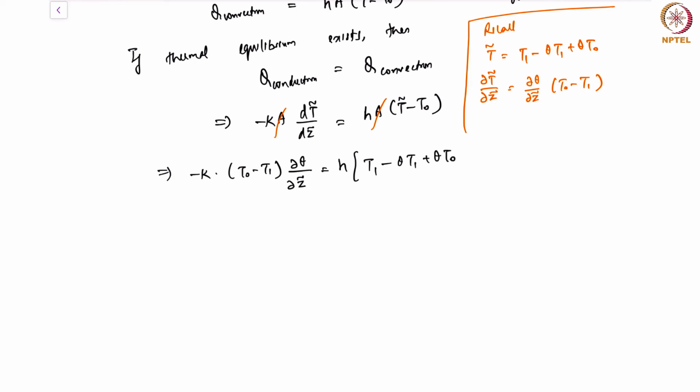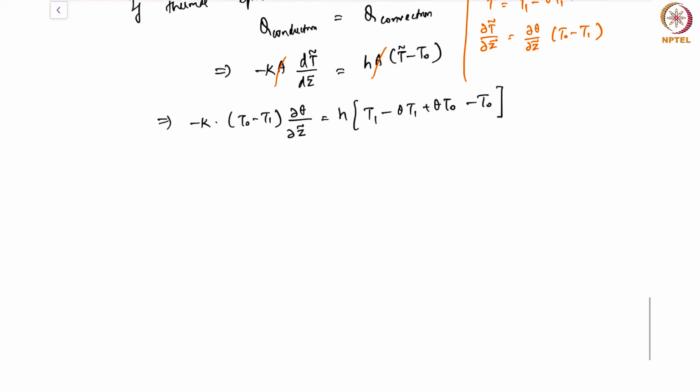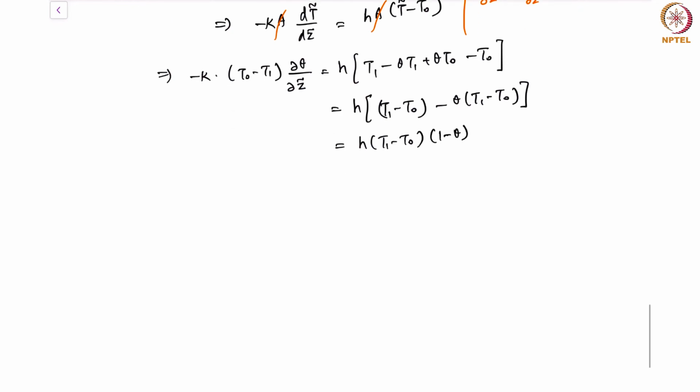This is what we have, minus T naught, right? And the right hand side essentially becomes T1 minus T naught minus of theta times T1 minus T naught, that is h times T1 minus T naught into 1 minus theta. And what we now have is minus h of T naught minus T1 into 1 minus theta,